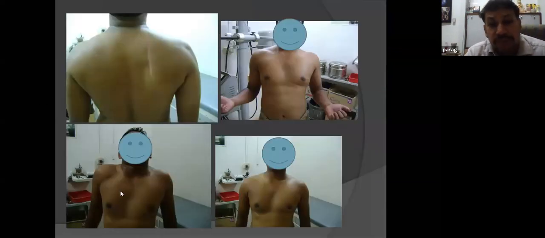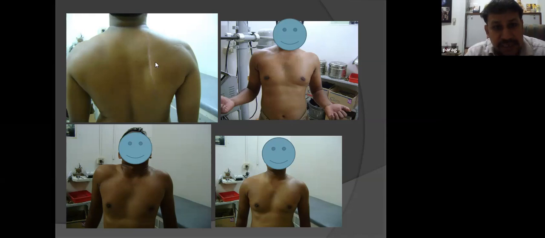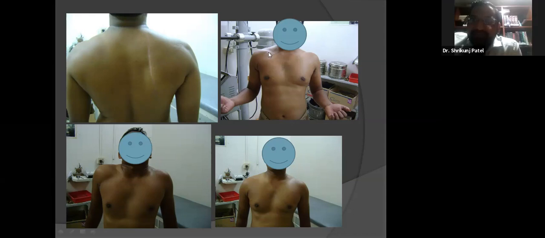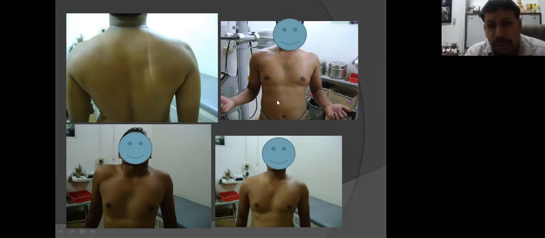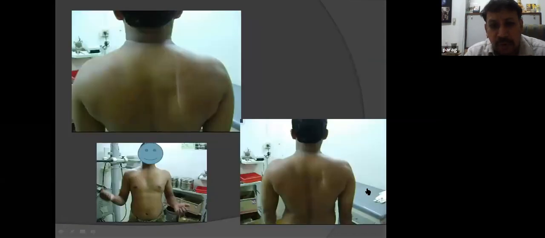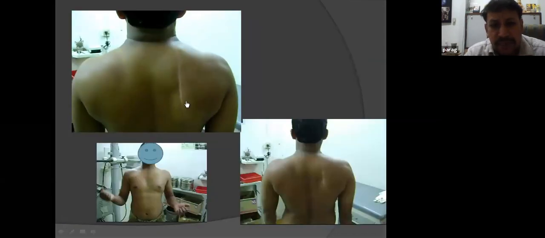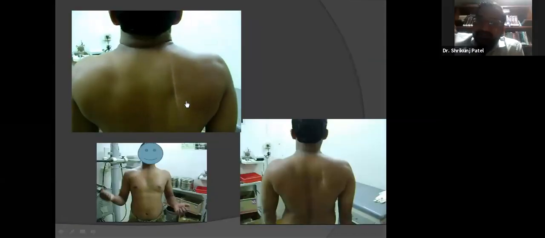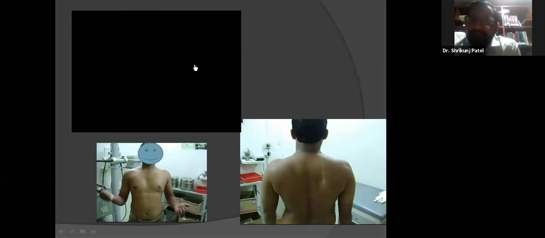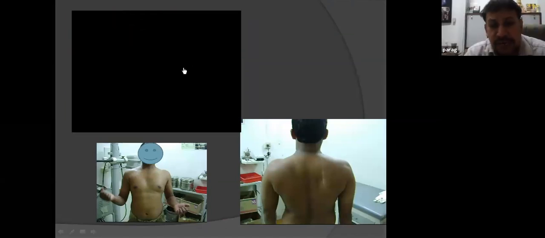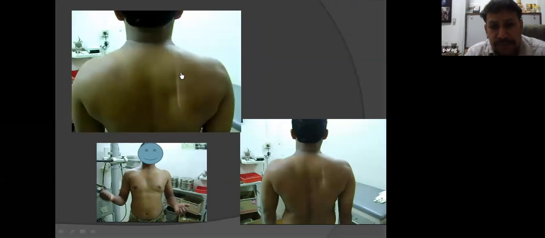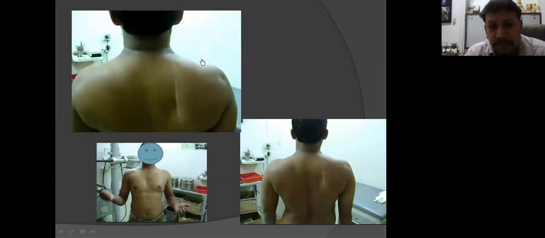Then you have to do some surgeries. This patient had a trapezius palsy, so you must do some tendon transfers. And once this surgery is done, can you see how his shoulders are back to normal contours? Yes, sir. Look at that. This was completely drooping, and now it is absolutely normal. Let me see. Can you see this video? Yes, sir. So he's able to shrug his shoulders. That is one test for the trapezius, that you have to shrug your shoulders.